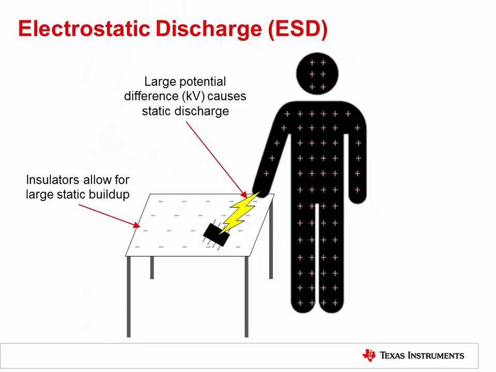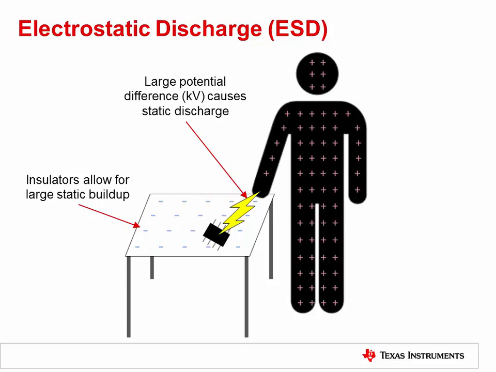Many common items can develop a static electrical charge. Insulators are especially prone to developing large static charges. Some materials tend to become positively charged and others become negatively charged. Whenever two items with a charge imbalance are brought in close proximity, you can have a sudden flow of electricity between the two objects, called an electrostatic discharge, ESD.